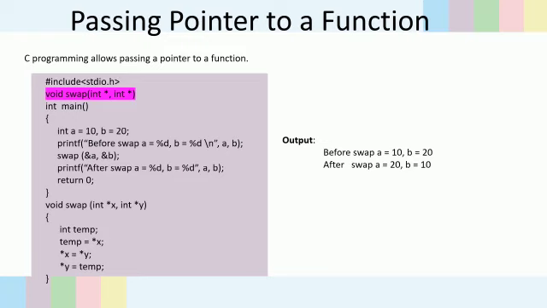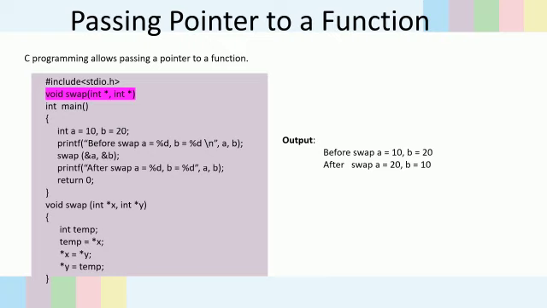Passing pointer to a function. Just like any other argument, pointers can also be passed to a function as an argument. To do so, we need to simply declare the function parameter as a pointer type. When we are passing a pointer as an argument to a function, then the address of the variable is passed instead of the value. So any changes made by the function using the pointer is permanently made at the variable value. This technique is known as call by reference.